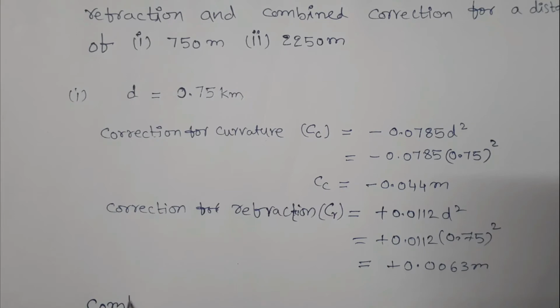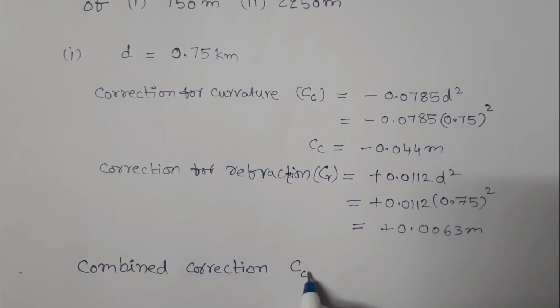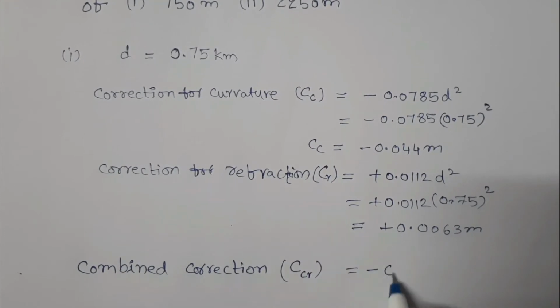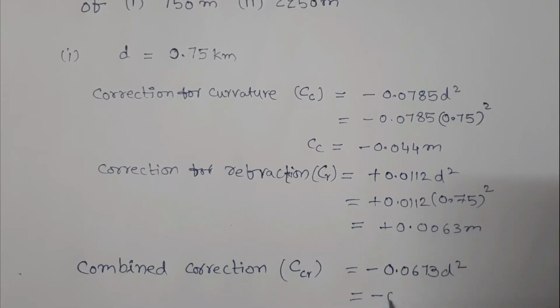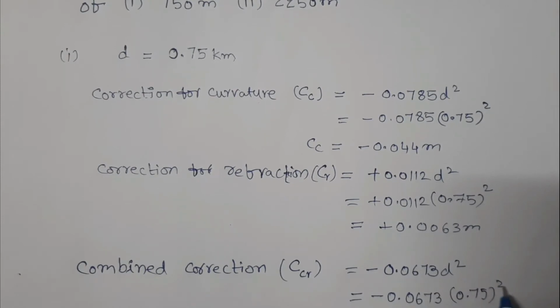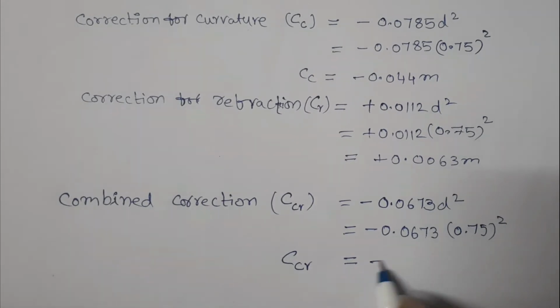Now calculate the combined correction, which includes the correction for refraction and correction for curvature. CCR is equal to minus 0.0673 d square, minus 0.0673 into 0.75 whole square. Combined correction is equal to minus